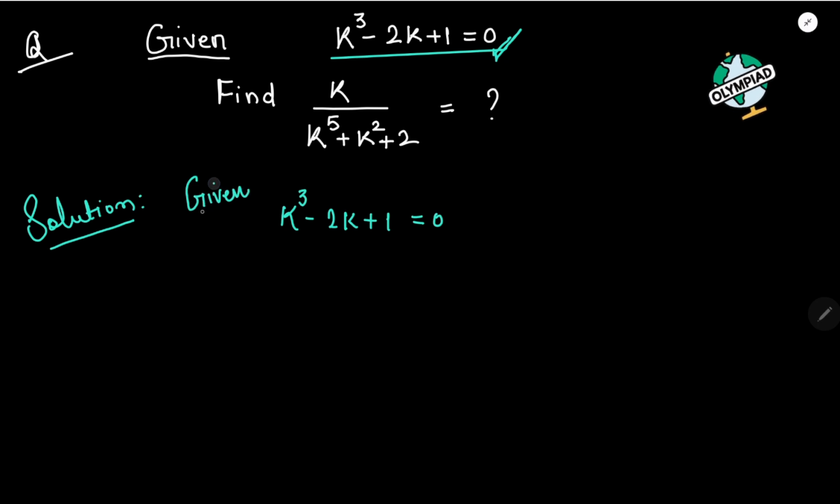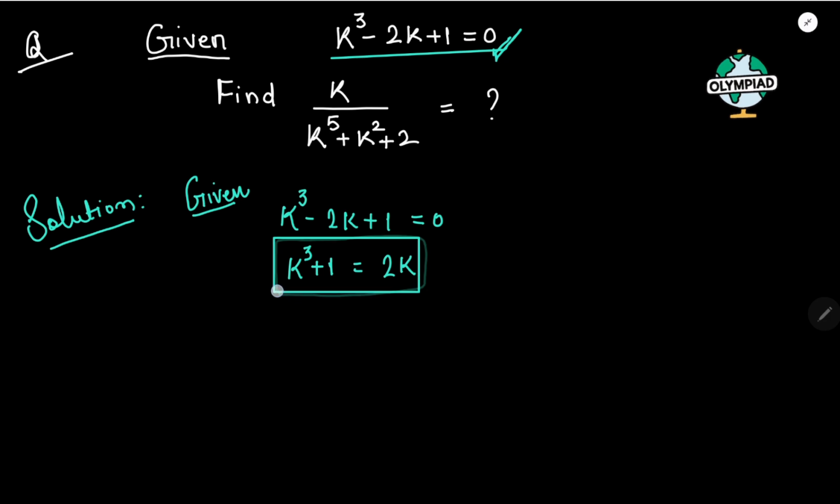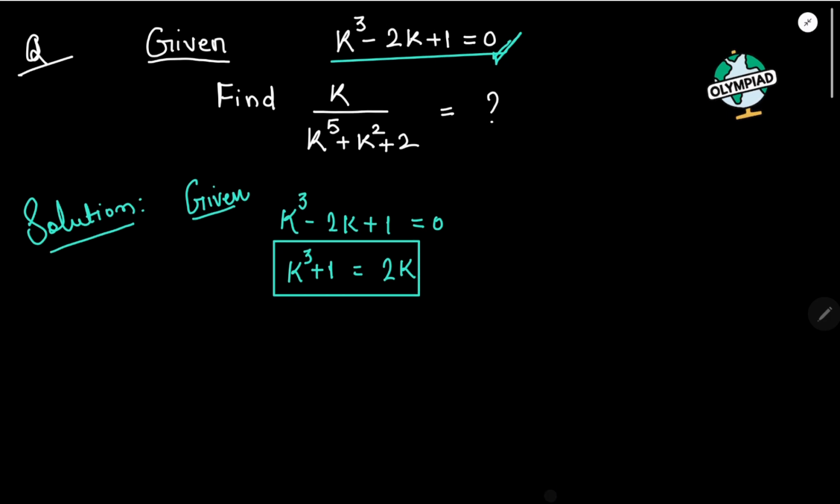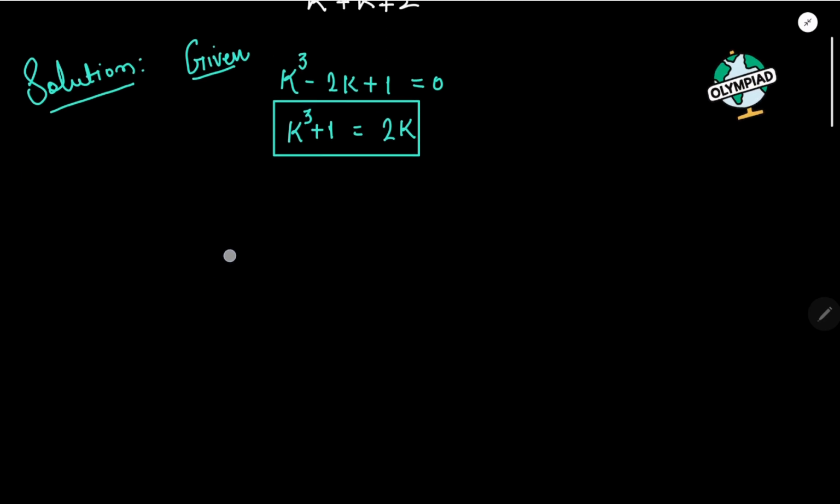This is given, right? So I write k cube plus 1 on the left hand side and 2k on the right hand side. Why did I do that? In my question, wherever I have higher degrees, I can reduce the degrees there. What will I do now? I have